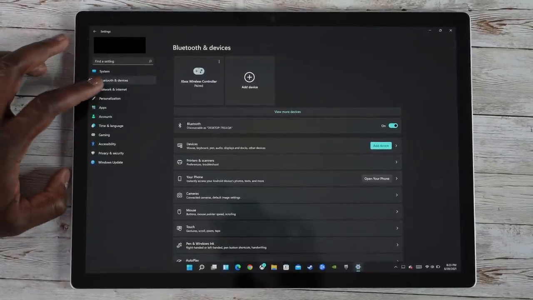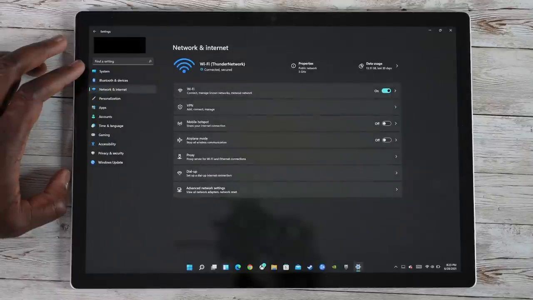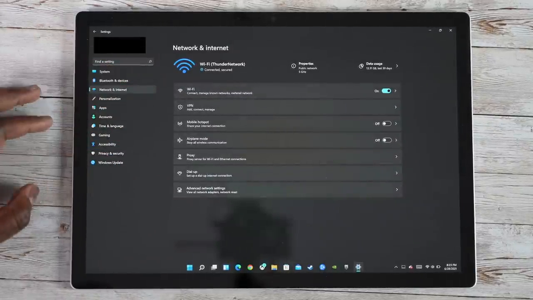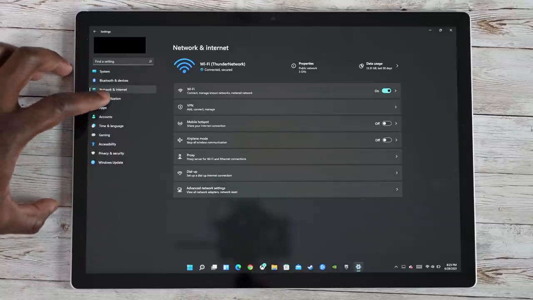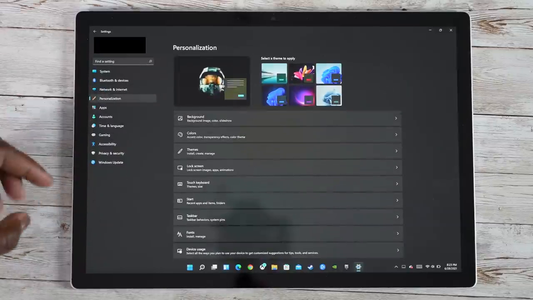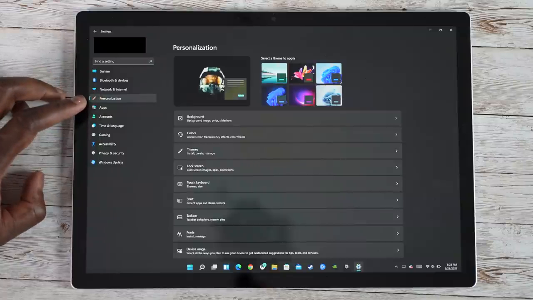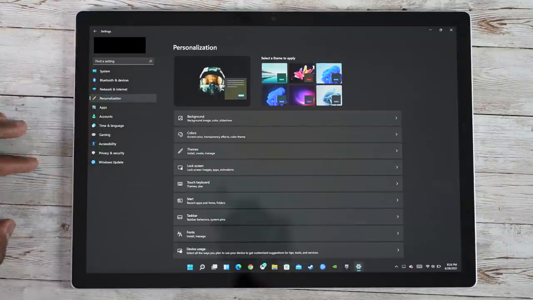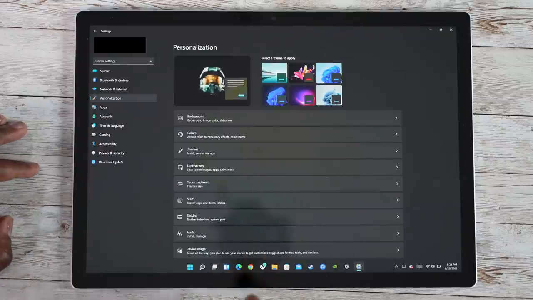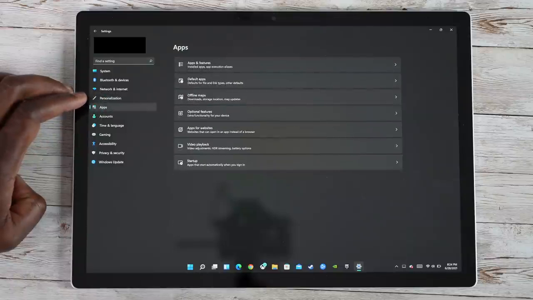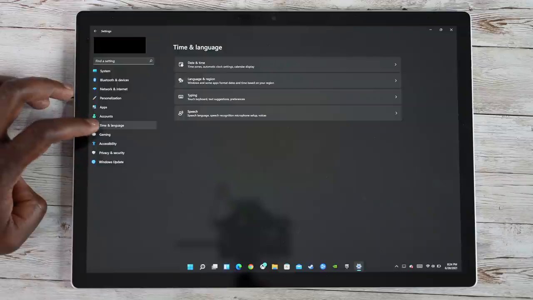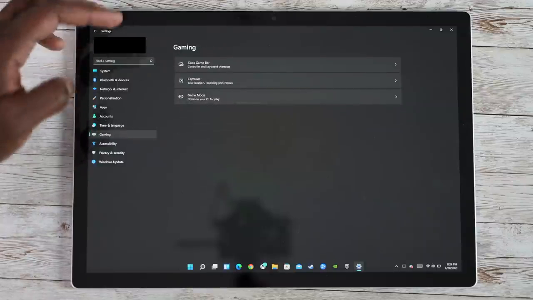Then you've got your network settings, and it shows I'm connected to Thunder Network. Some other options, a mobile hotspot if I need to, if this device supports it. Personalization, of course, which you can go into theming and also the colors, dark mode, those kinds of things. Now, dark mode isn't represented here, how I got it, but it was simply by searching, and it takes you right to dark mode. Your apps, your default apps, the accounts, time and language, gaming, Xbox Game Bar captures, and